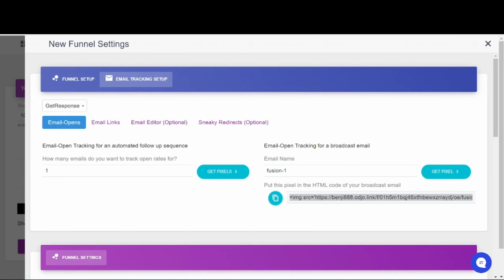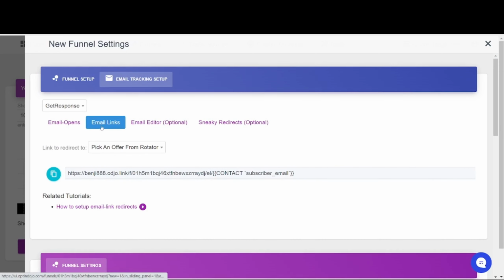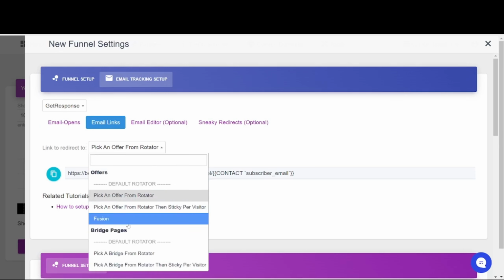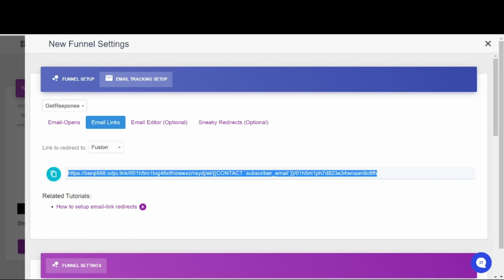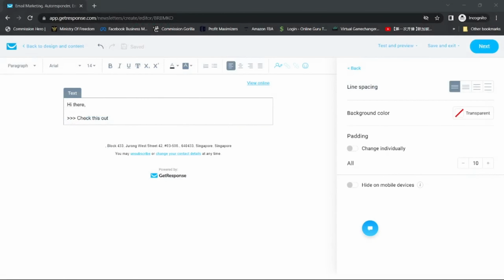The next thing we need to track is who are the ones that are actually clicking the links within our emails. So now head over to email links, link to redirect to, pick an offer from Rotator, click on that and select Fusion. Now I'm going to copy this entire code here, head back again to my Getresponse account,